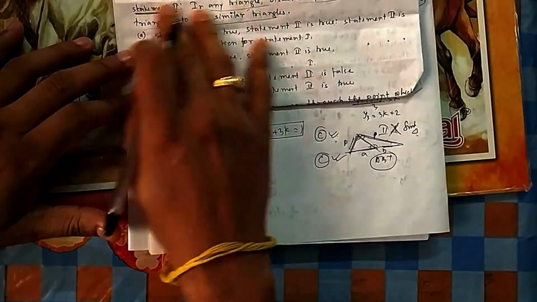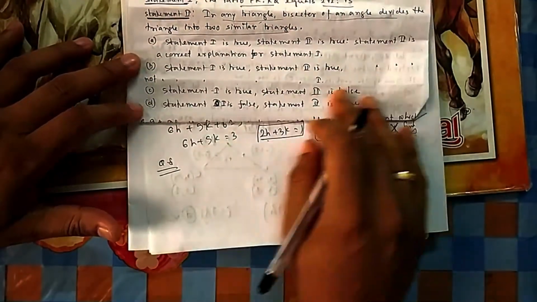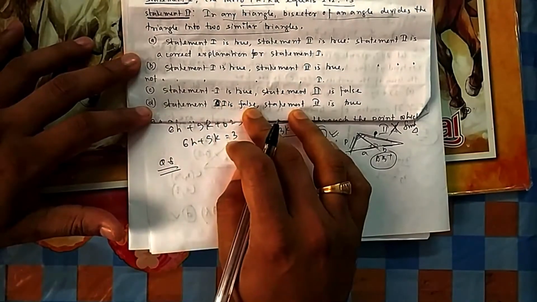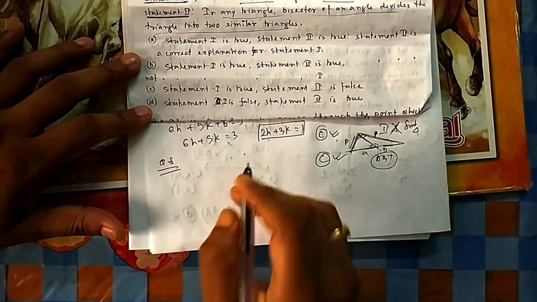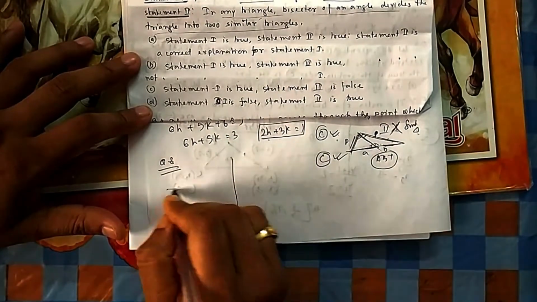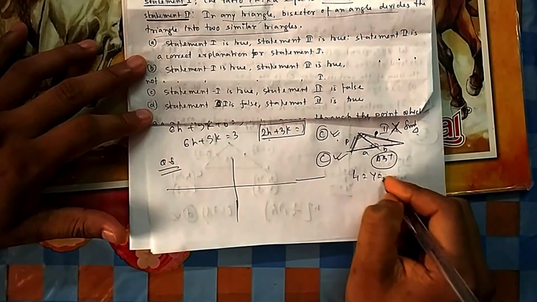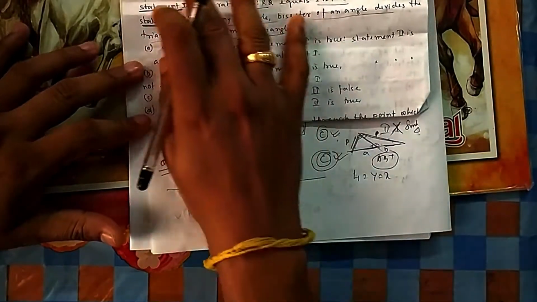If you find that one is directly wrong, then no need to calculate here, because if statement 1 is false, there is only one option, that is D. So you can directly take it. Or you have to draw. So for drawing, what we need to do? What is the first line? L1 is y equal to x. We got the answer C, but we are just completing it.